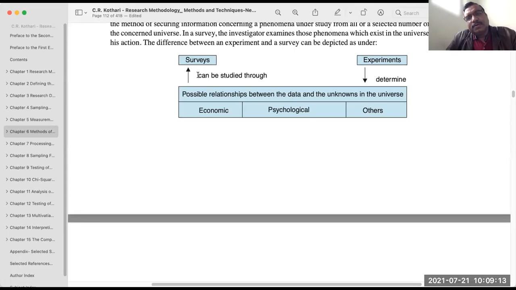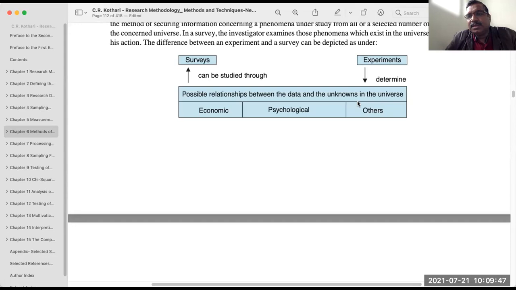Through survey, we can study the possible relationship, and through experiment, we can establish what the exact relationship between the variables is. This is the more concrete evidence that the experiment is going to give you. And you know that in science or technology, we don't go for vague terms or vague ideas.